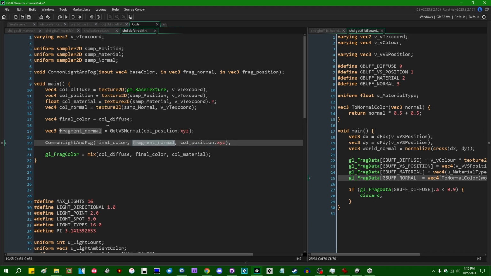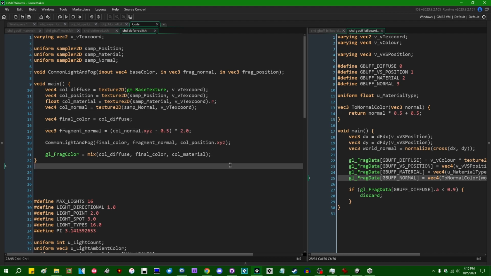Oh no, we need to untransform that. What's it gonna be? Help. Color normal dot XYZ minus 0.5 times 2.0. Order of operations, hello? I didn't have to look that one up, I'm proud of myself. And lastly,